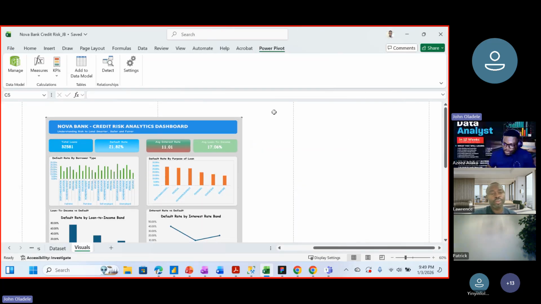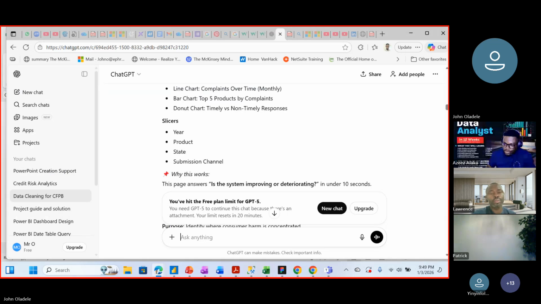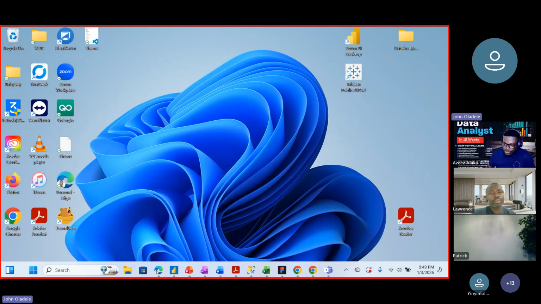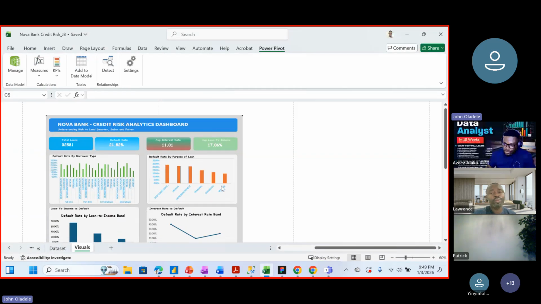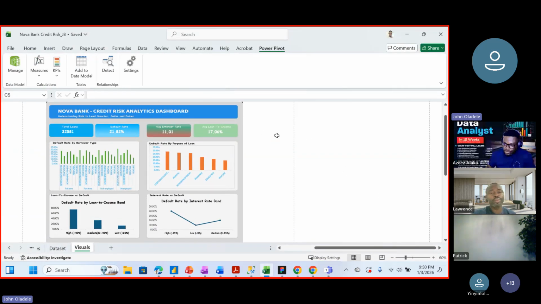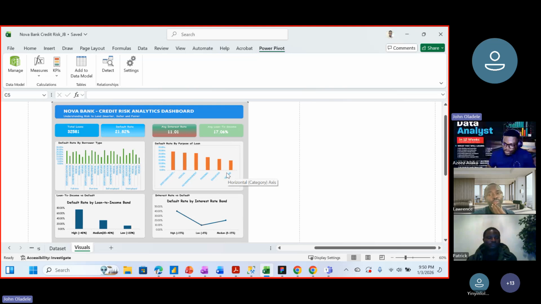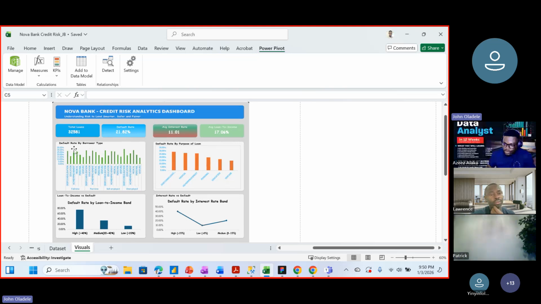So this is my credit risk analysis from Nova Bank, and it shows the total number of loans that they give, the default rates, the interest rate, and the average loan to income rates. So what I did here is I grouped the